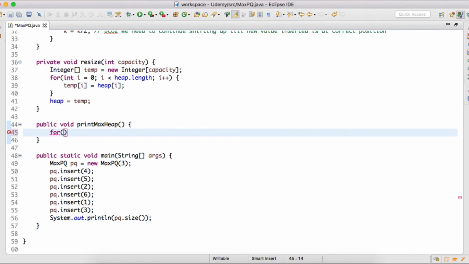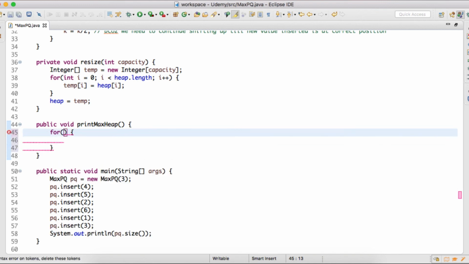I am providing a for loop which will iterate from i equal to 1, because in this heap array the value at the 0th index is empty. So we are starting from 1 and will traverse i to the value n, which is nothing but the size of the max priority queue.